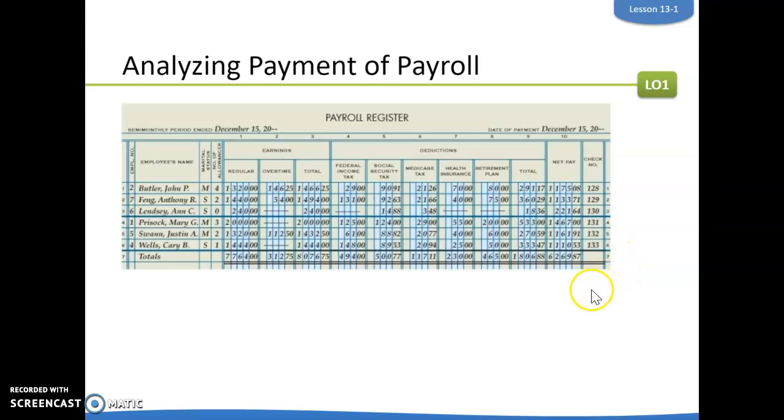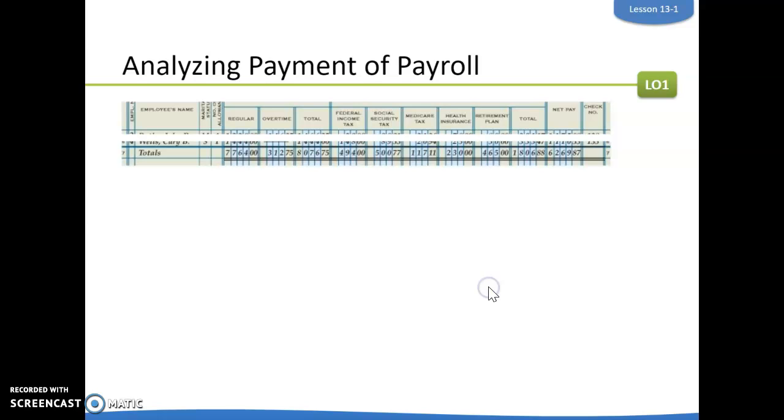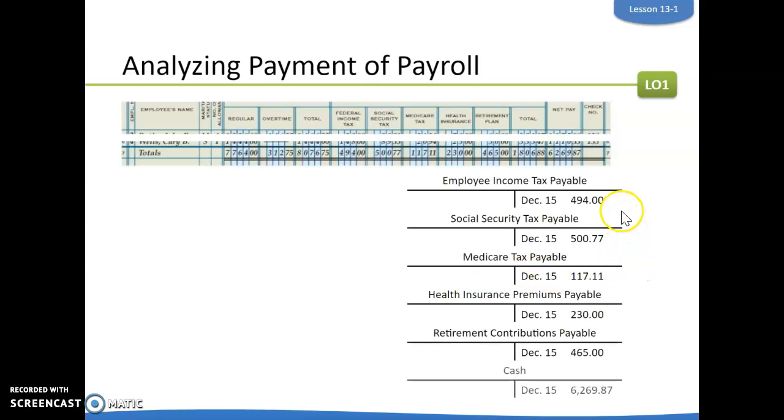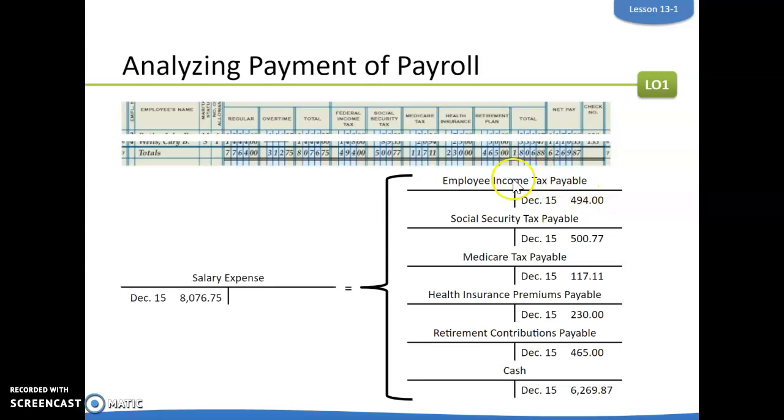So analyzing payment of payroll. So these are your salary expense. And then this would be our cash, that net pay. And then these are all my liability accounts. Those deductions will be all my liabilities here. Okay, so as they come up here, these different liabilities that I have, all of the credits that will be